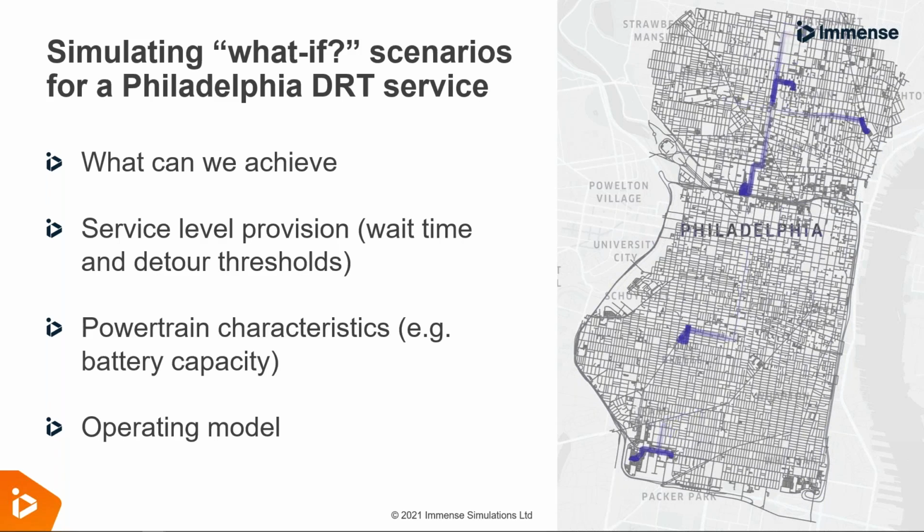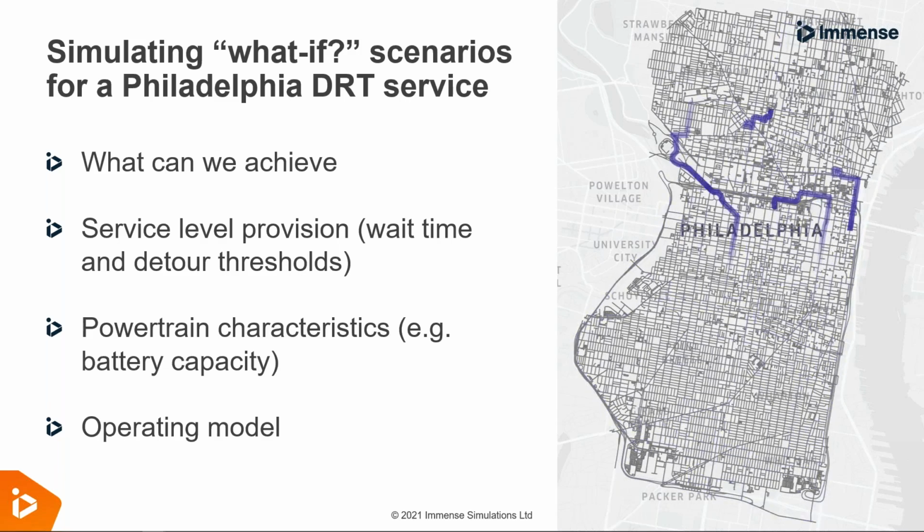The example on the right, which kind of looks like Snake, if you used to play that on your old Nokia phone in the 90s, is an example of the output from our simulation, where we've got a group of 5 demand responsive transit services, a group of 5 smallish vehicles roaming around central Philadelphia, picking up people and taking them to their destination. We like to frame this around the what if.